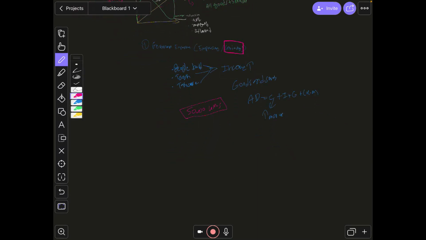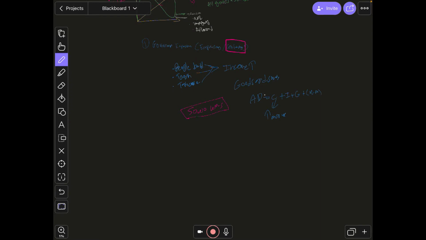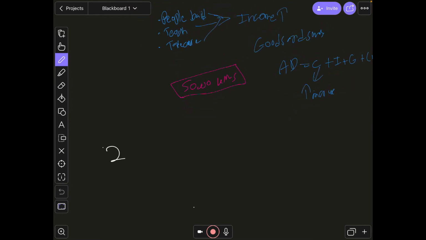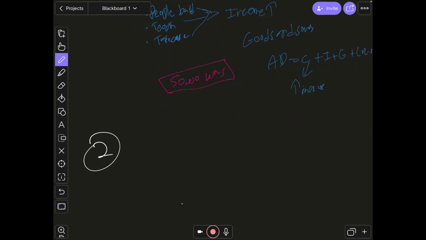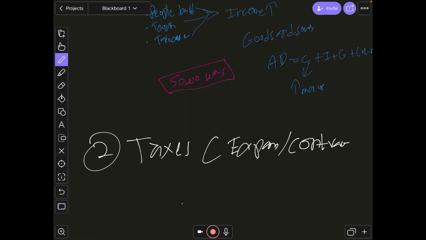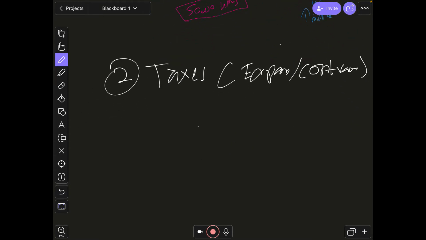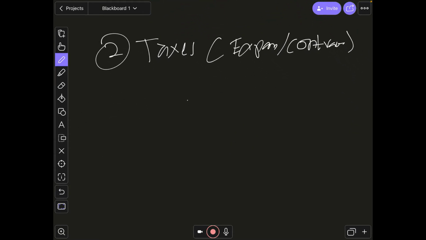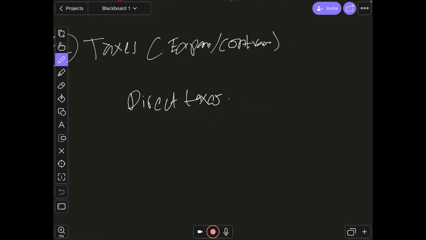Right. Moving on to the second tool of fiscal policy. The second tool of fiscal policy, apart from government expenditure, is taxes. Obviously, in this case, we'll discuss expansionary as well as contractionary. So let's say the government decreases taxes, let's just take direct taxes here. If the government was to decrease, let's say, income tax,